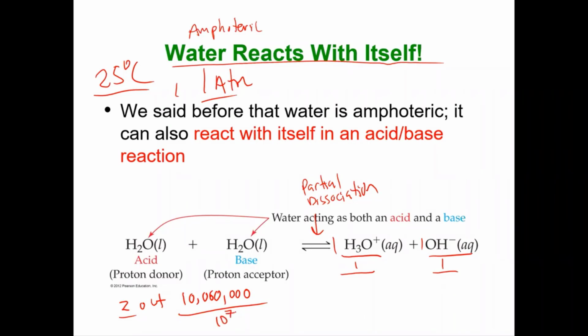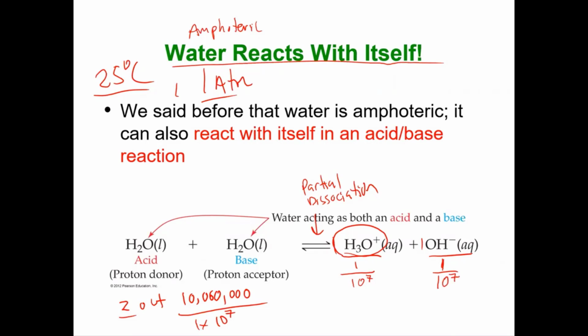So I didn't have to write so many zeros. So 10 million, isn't that 10 to the 7? It doesn't happen a lot, but I get 1 hydronium ion out of 10 to the 7 water molecules, and I get 1 hydroxide ion